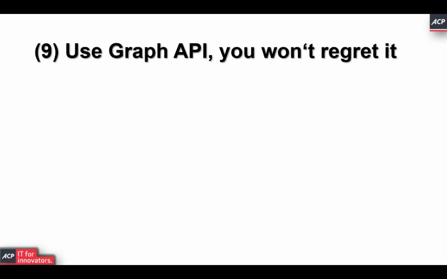But basically, what Graph API does is you have to look at it if you look at Microsoft 365 at a user level, there are very few things that you can edit or adapt. Then if you go into the admin centers, there's a bit more that you can do, but you're still somewhat restricted.